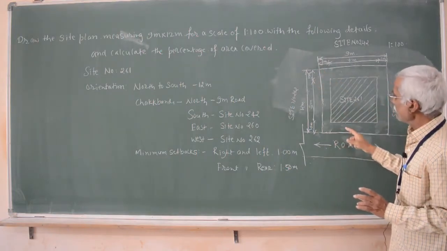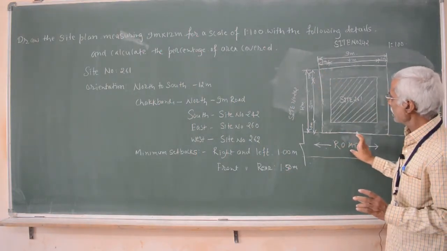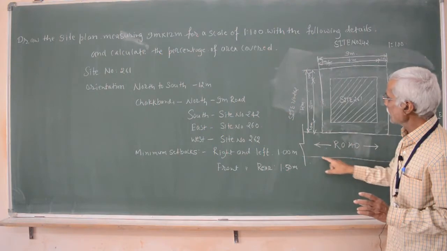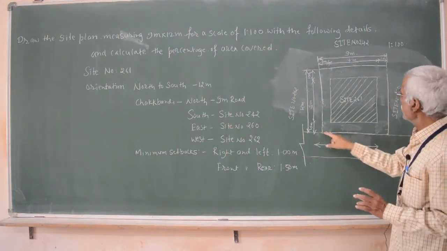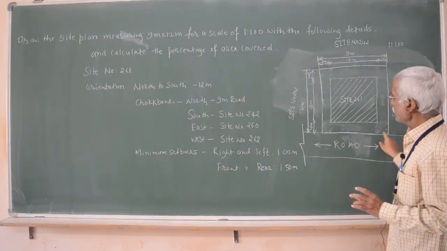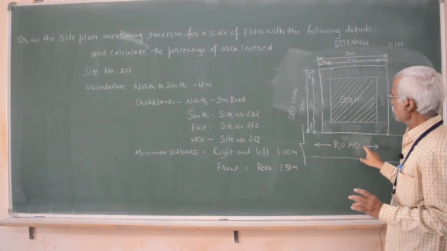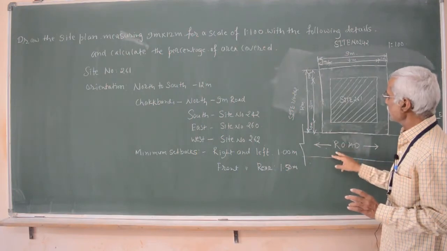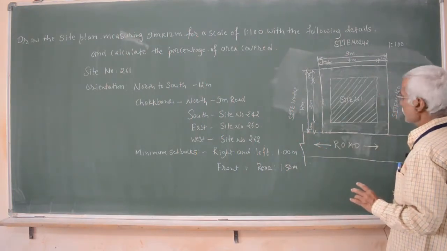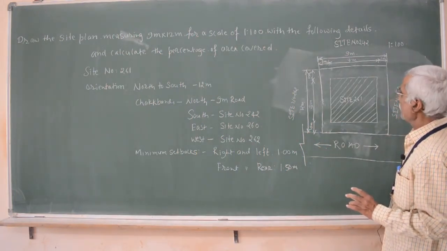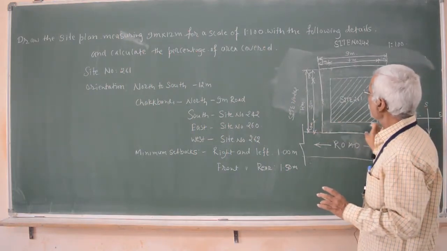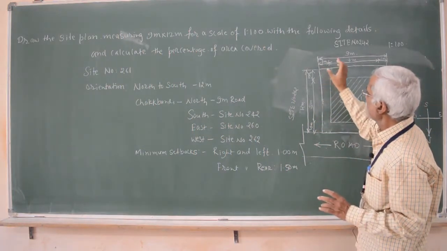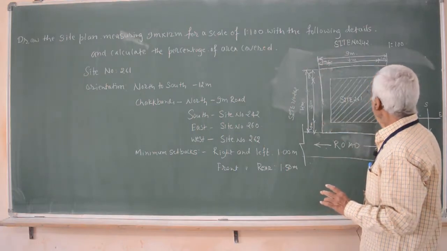Okay, then in front of that, without any scale, leave some space and draw a line parallel to your boundary line, and that shows your road. You have to show 2 arrows on both the sides, and this is your continuation line. Then afterwards you have to leave the front and rear setback, right and left setback.